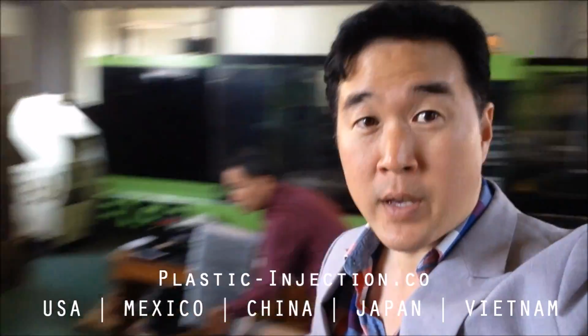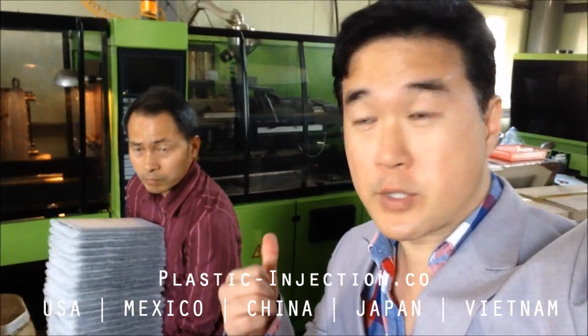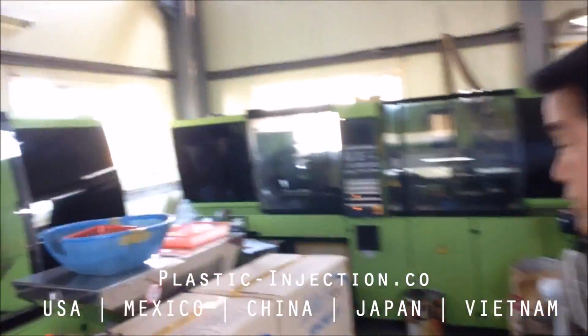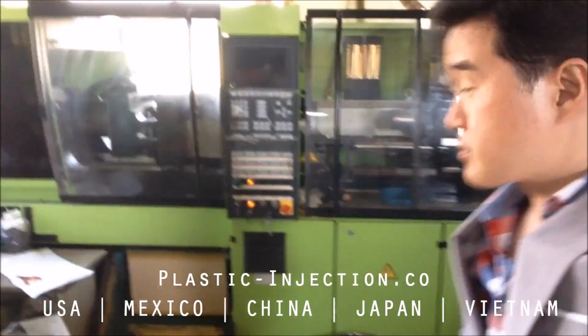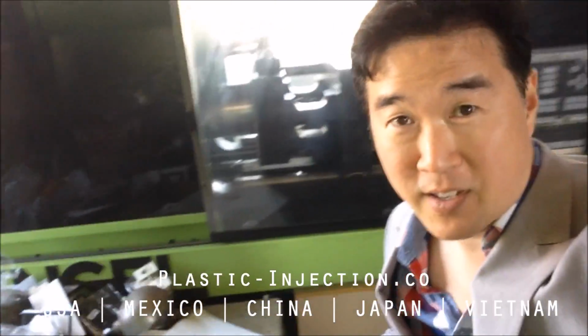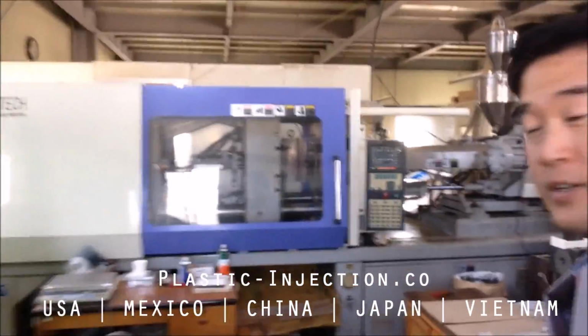So this is our Engel. It's a German injection molding press. And this is our first injection molding bay, and this is our second press back here. Also an Engel. We gotta get this cleaned up, sorry. And our third